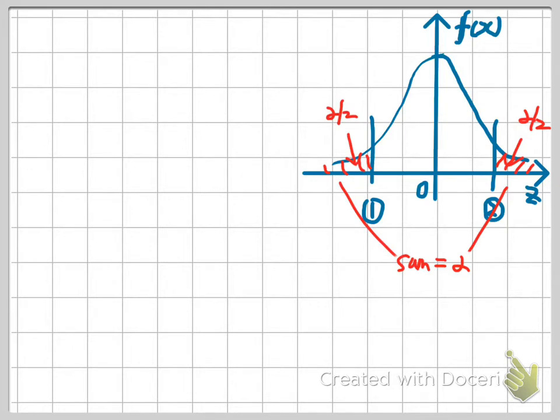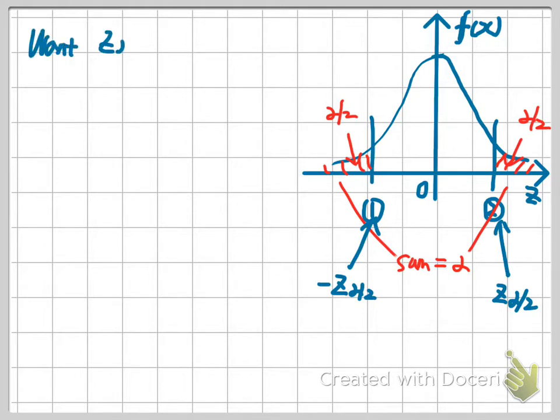So here, this 1 and 2, in general we denote by a special symbol as negative z alpha over 2 and positive z alpha over 2. Because of the symmetry of this graph, we know 2 is a positive value and 1 is a negative value, but they have the same absolute value. Okay, so now the question becomes we try to find the value of z alpha over 2 such that